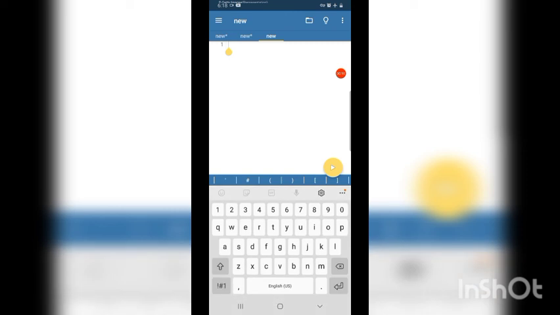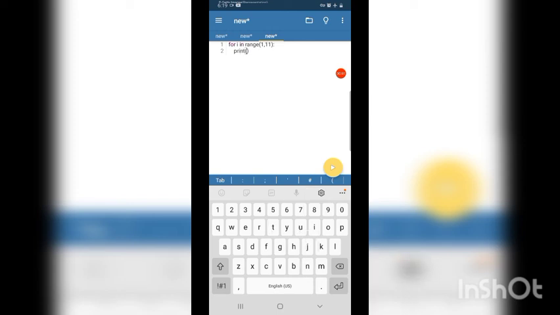So we can write for I in range in bracket 1 comma 11 colon.